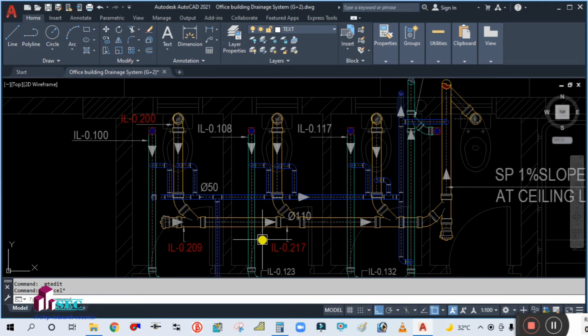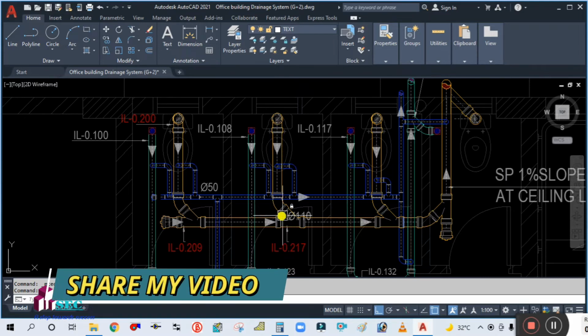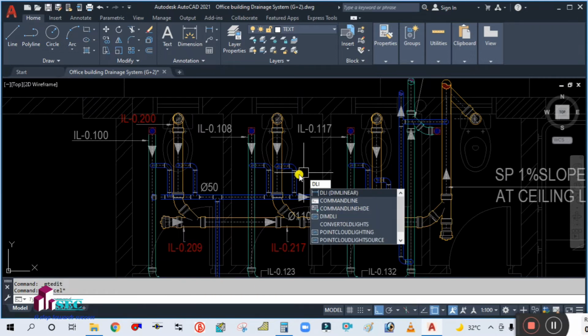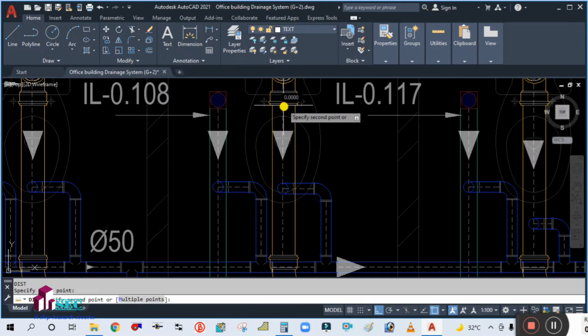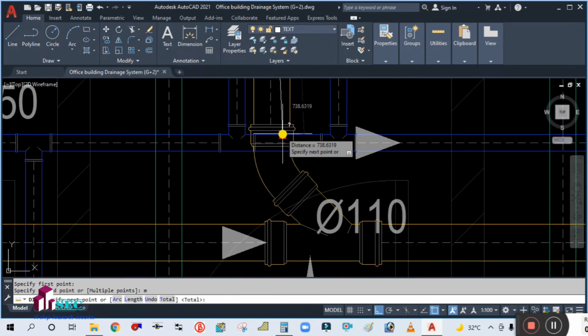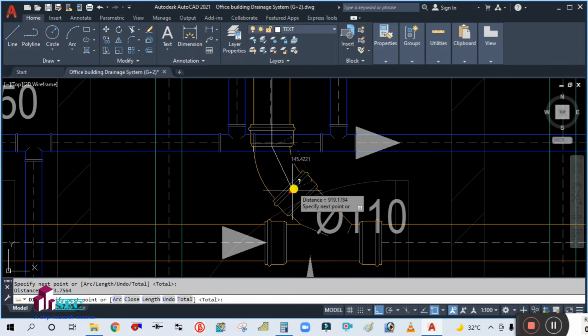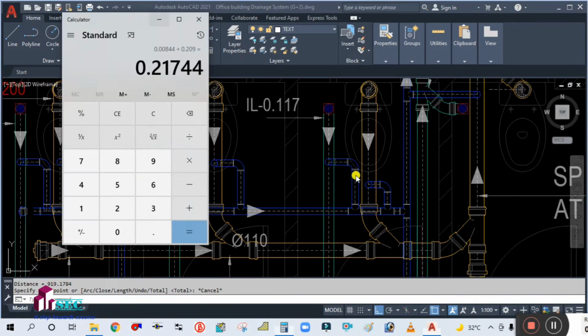Okay, so what will be your elevation here? Here it will be less than 8%. So first calculate the 8% for this. Simply check the distance from this point and type m for the multiple. Click here and click here. It is showing 919. So what will be the 1% for 919? 919 divided by 1000 to convert into meter, and again divided by 100,